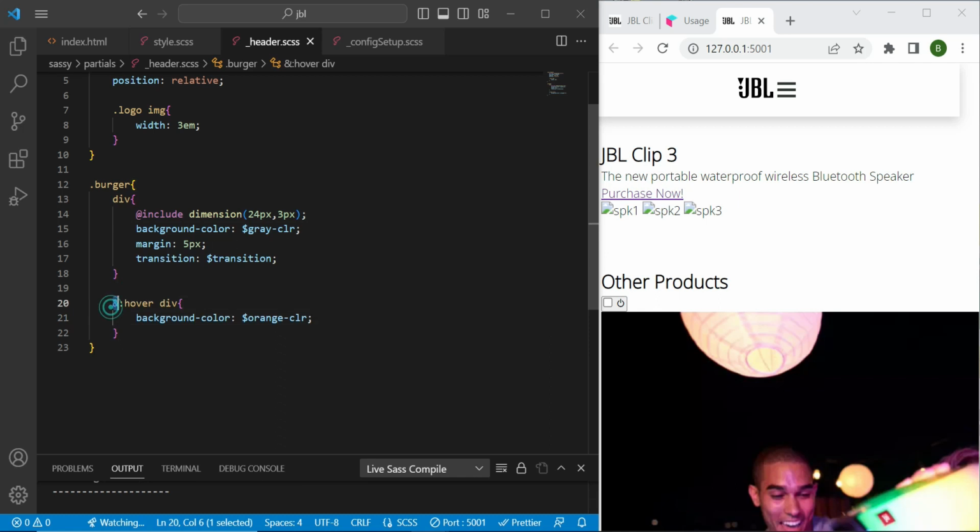Now ampersand in Sass is always going to mean the direct CSS selector. In this case it's burger, so if my burger has the class of hover, I want to target the div and change that